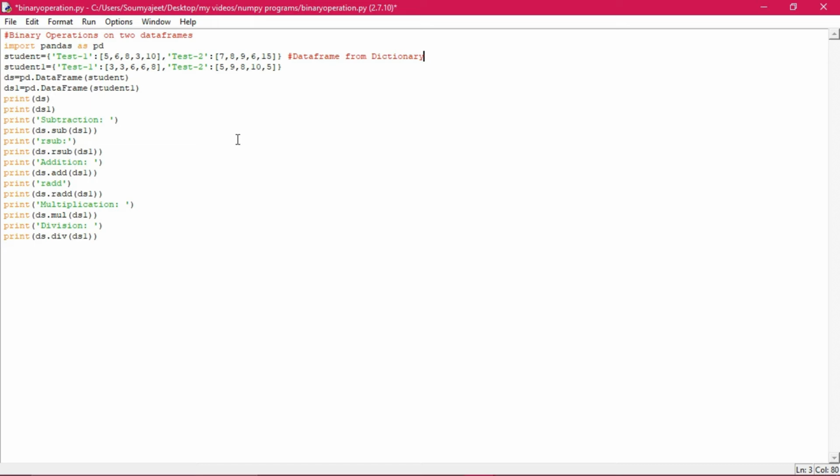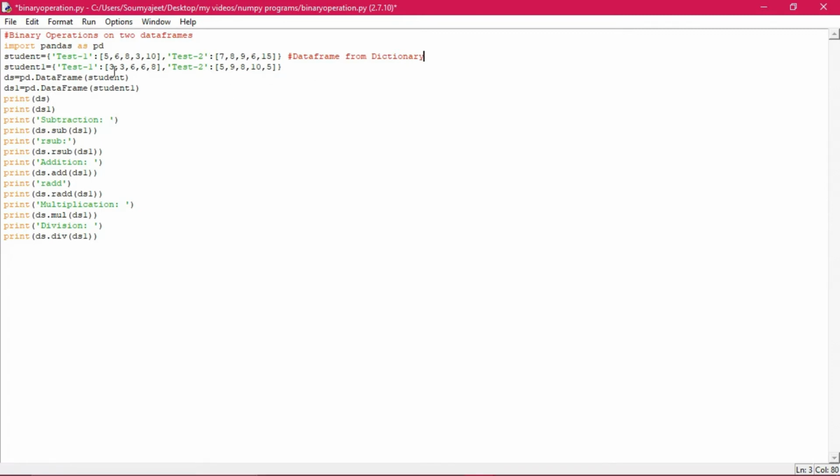This one we will discuss in the class, and you can watch the video also in order to understand it better. Okay, so this is an interaction between you and me in this way. For binary operations on two data frames, we have to give import pandas as pd as well. One thing I want to remind you is that instead of pd you can take any identifier, but it must start with an alphabet as per the rules of the creation of identifiers. So no blank spaces and special characters should be used; better to stick to alphabets only. So we are creating a data frame from a dictionary.